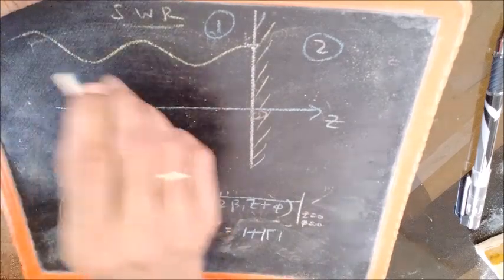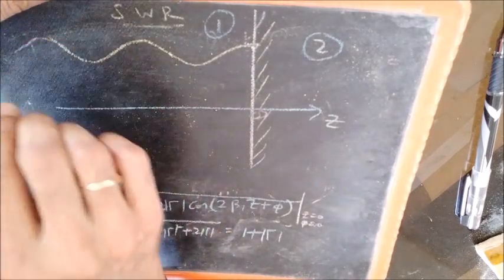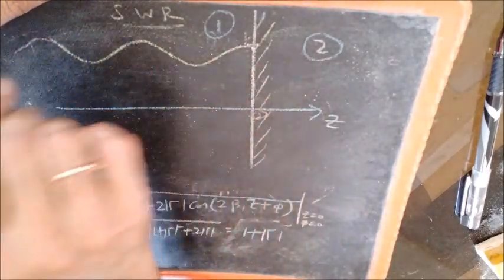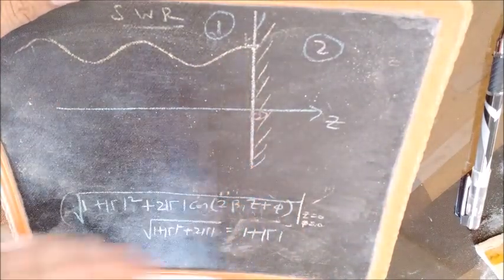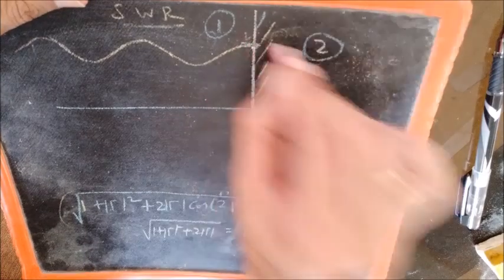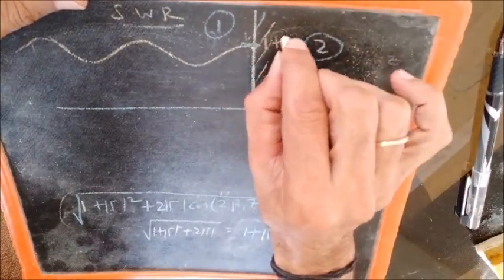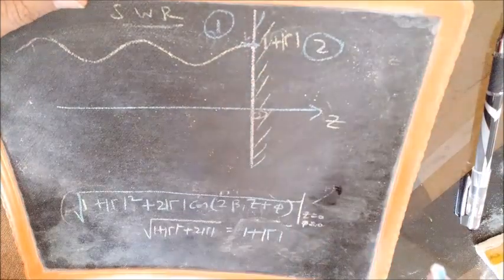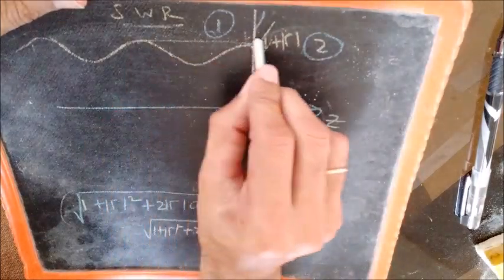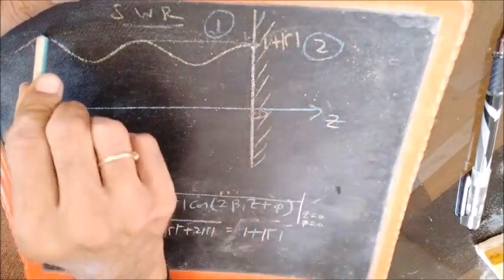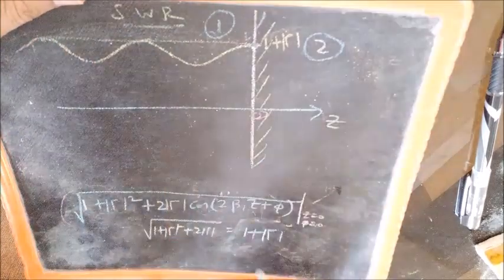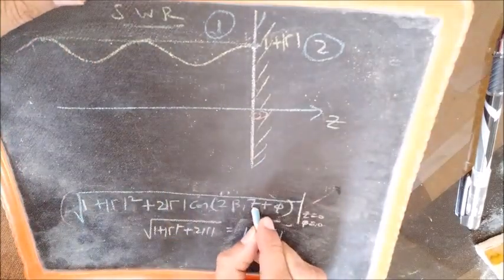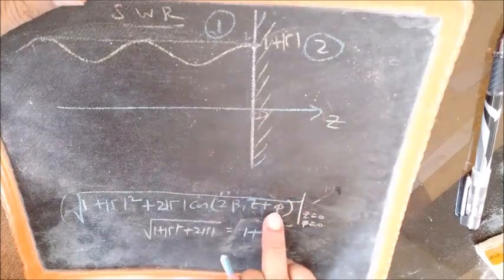So you can expect a periodic pattern to be more appropriate. There will be a periodic variation in the magnitude, the amplitude like this. And the maximum we saw just now is 1 plus capital gamma, and that will be here as well. 1 plus magnitude gamma, that will be here as well. This also will be the same. And the minimum occurs when, again, remember, for convenience you have taken phi as 0.